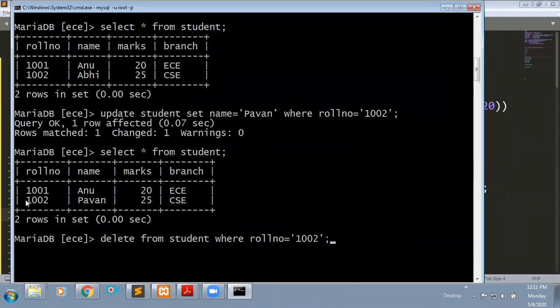I'm going to delete this row. To delete any row from your table, you need to go for this query: delete from table name where condition. So this is the condition, roll number equals to 1002. If I enter, now it is executed successfully.